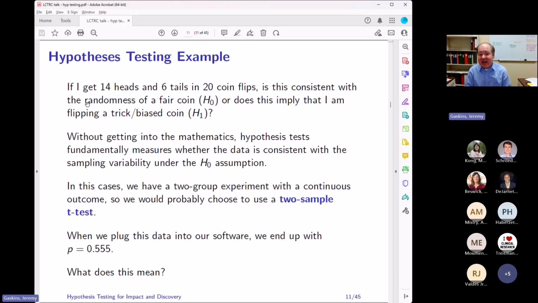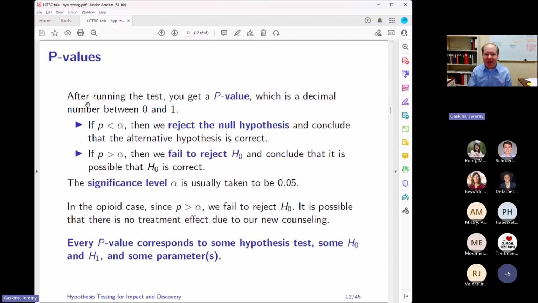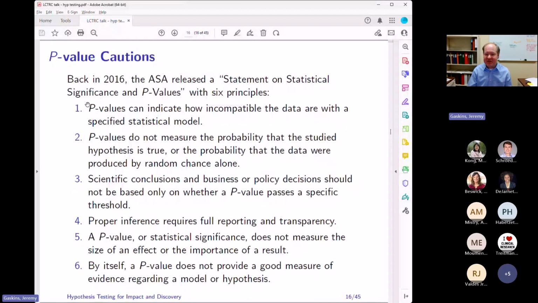And so, again, I would say it's a limitation to how we interpret and what we're asking p-values to do. Right. And so, again, I would say these are supposed to be our guides as to what we want to get out of a p-value.